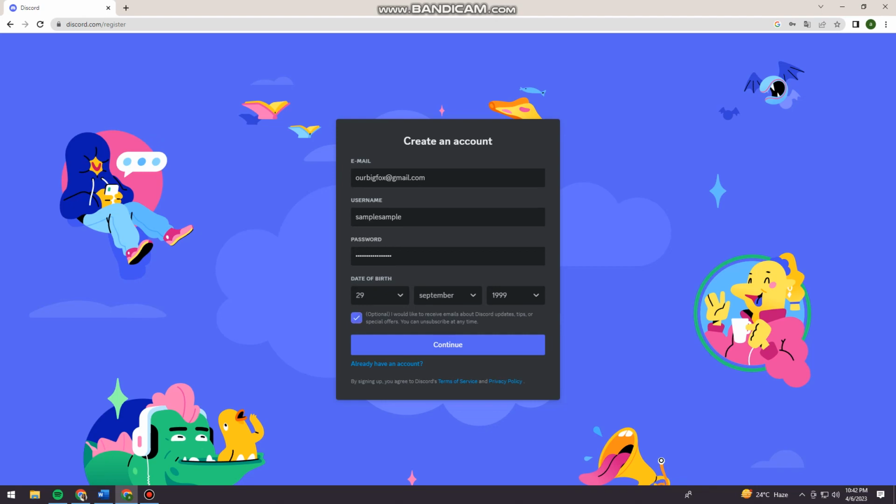So if you would like to receive emails about Discord updates, tips, or special offers, you can check this box. But if you don't want to receive any emails from Discord, just go ahead and leave this, okay? And now click continue,